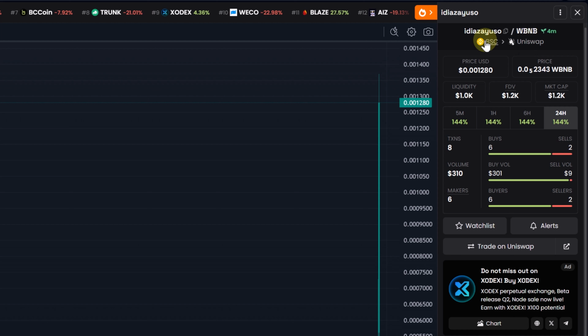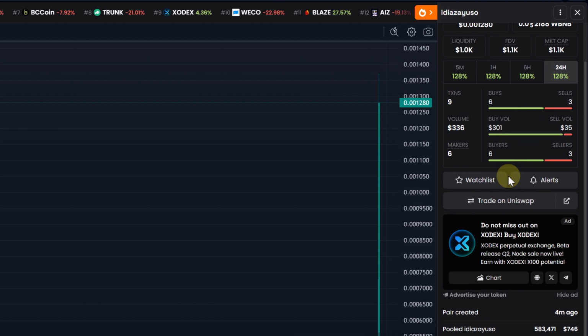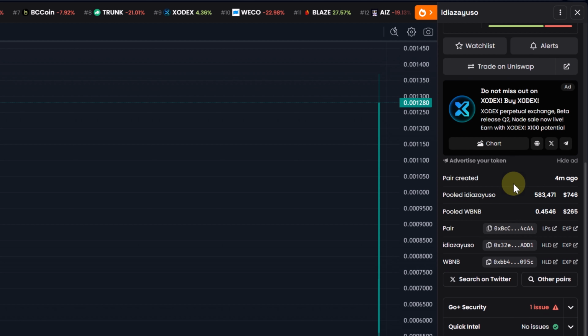There is some information about this pair on the right side, such as the name of the token, the currency with which it has been paired or added as liquidity along with the token, as well as the network and the name of the DEX it has been added to. Token price in USD and BNB, the amount of the liquidity or liquidity pool, total market value, buys and sells count, transaction count, the time that the token has been launched or the liquidity pool has been created, which was 4 minutes ago, the amount of the tokens in the liquidity pool, the amount of the BNB or wrapped BNB